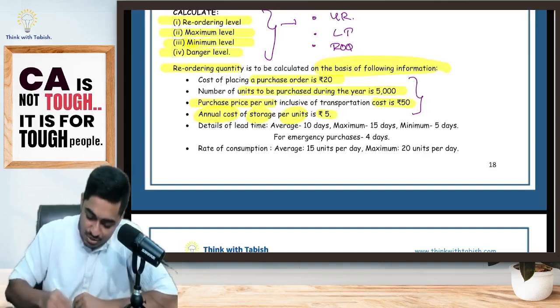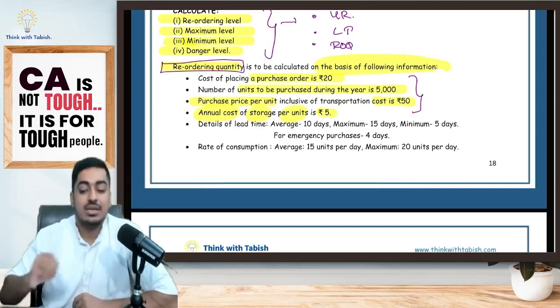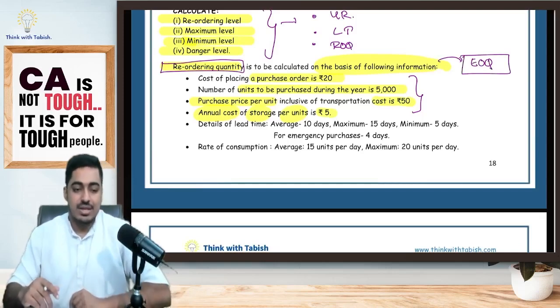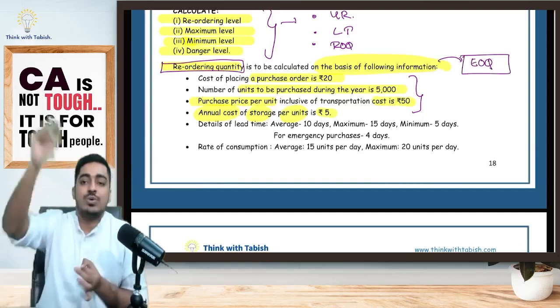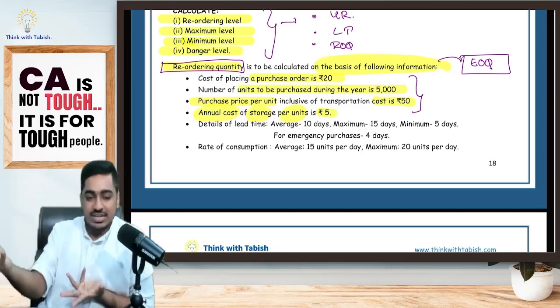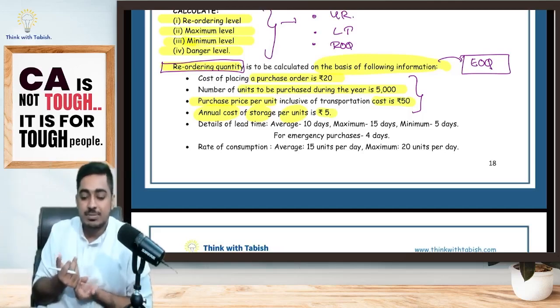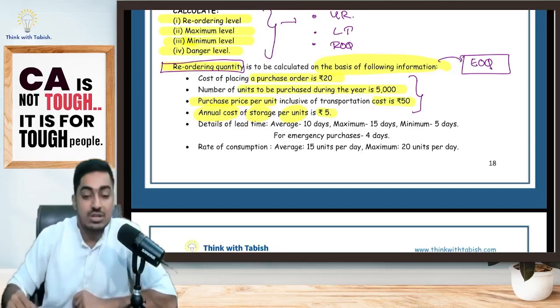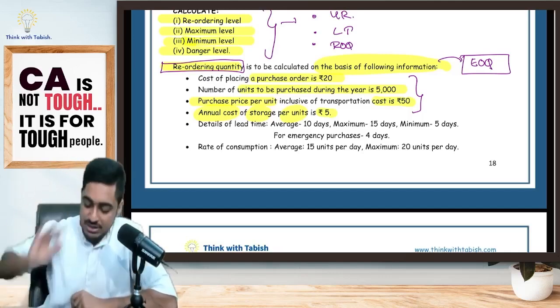What should I use? What is going to be my reorder quantity? I will tell you, my reorder quantity is nothing but EOQ. Yes or no? What is a reorder quantity? For how much quantity am I placing the order? If the question tells me, I will take that. If the question doesn't tell me, I will see what is the best option and assume that itself you are opting for. So based on this, I will calculate EOQ and say that itself is my reorder quantity.